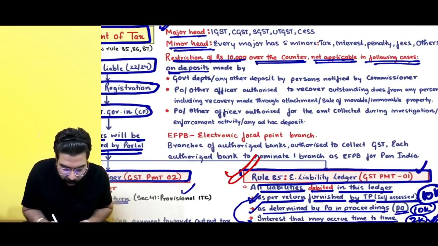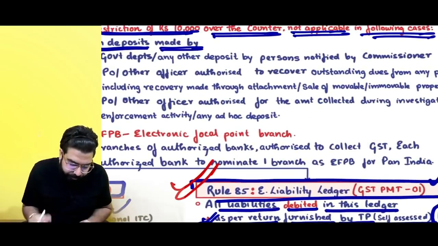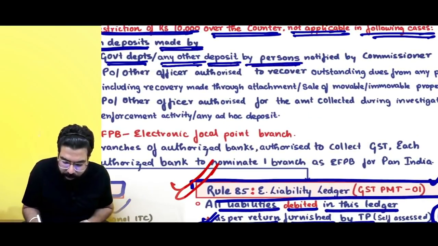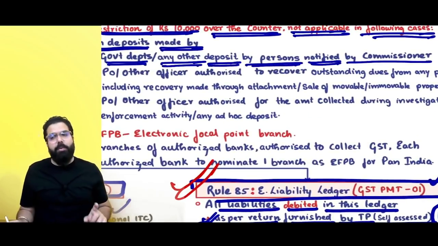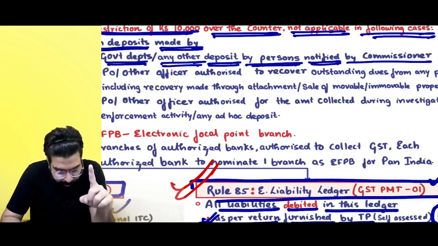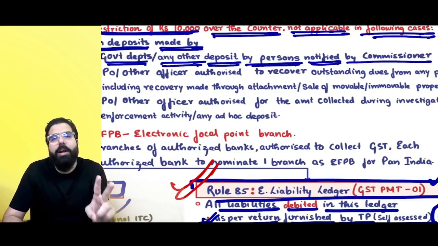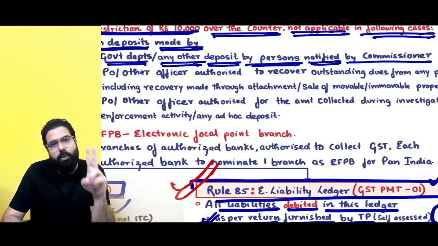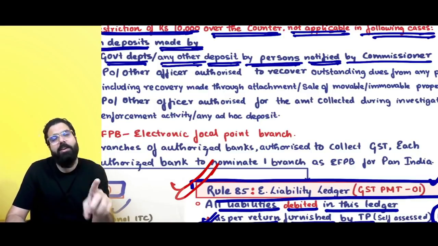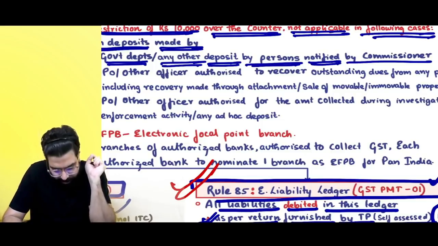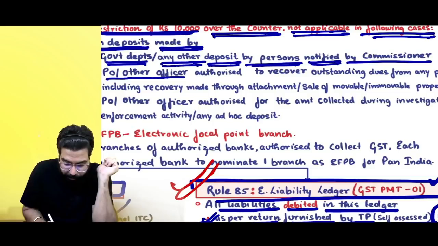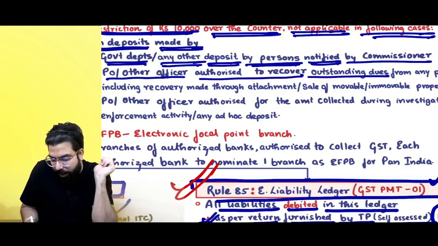Everyone over here: on deposits made by government department or any other deposit by persons who are notified by the commissioner. Number one, who can go ahead and deposit more than 10,000 rupees in cash? Number one, it is the government department or any other deposit by person who are notified by the commissioner. If you are a person who is notified by the commissioner, then you can go ahead and deposit more than 10,000 in cash. Secondly, the proper officer or other officer authorized to recover outstanding dues from any